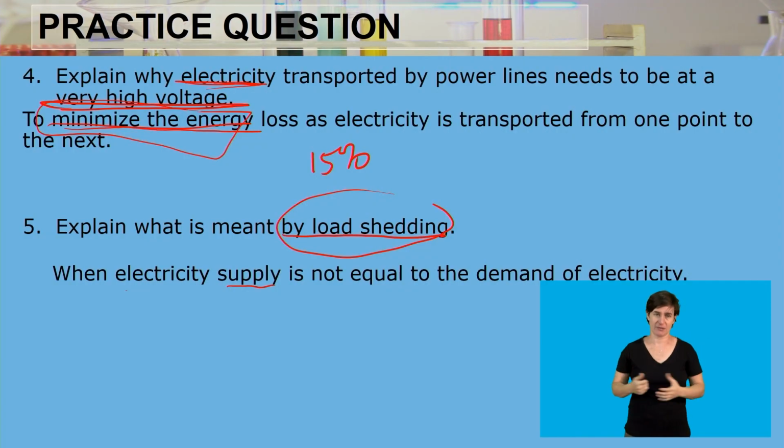If load shedding is required, Eskom's National Control Center instructs its stakeholders, that is the municipalities and customers that it sells electricity to, on the stage of load shedding required. Then the duration of load shedding will depend on the specific supplier, that is Eskom or the municipality, the region, and the circumstances. So if we need more energy, the stages of load shedding are going to be longer compared to when we need less energy. As we have said, when supply is not equal to demand, and the demand is high, the stages of load shedding are going to be higher. And that would mean the load shedding is going to last for a bit of time.